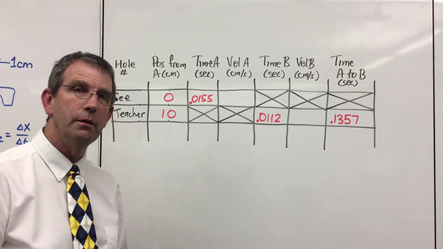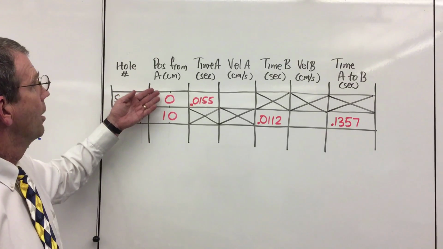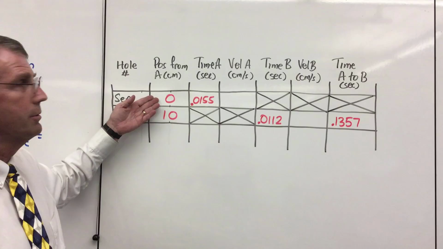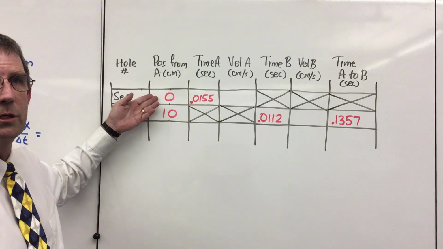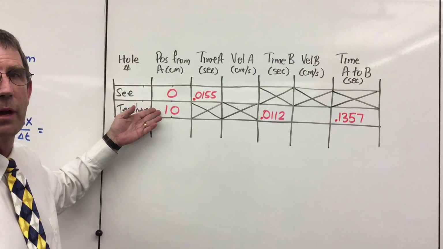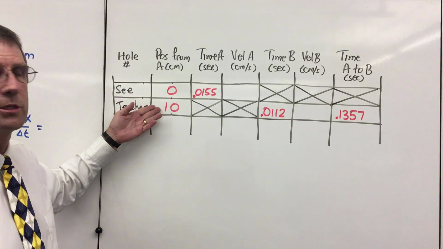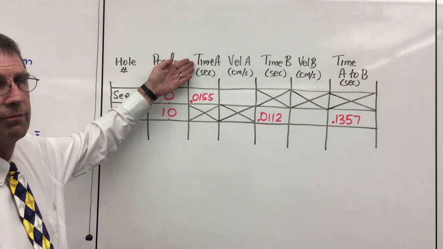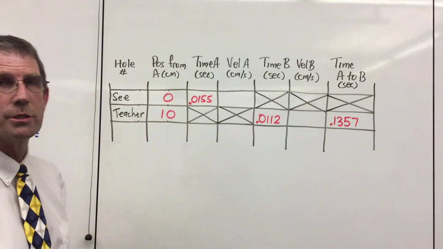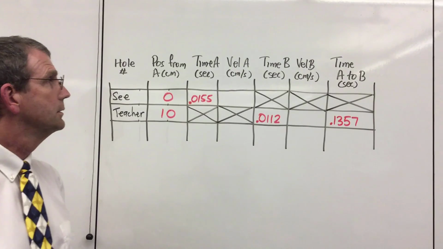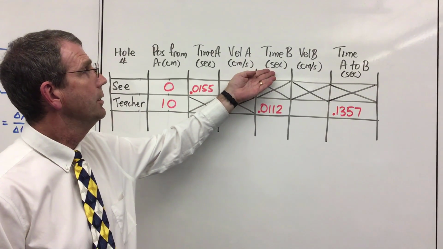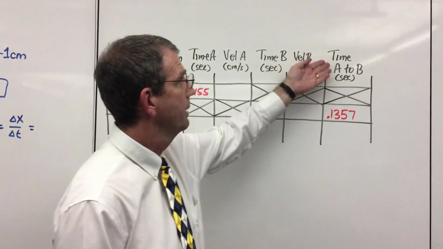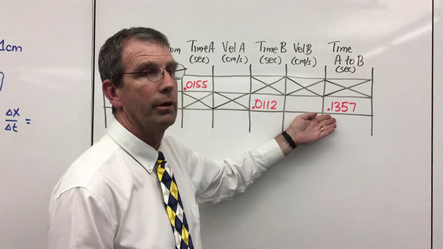First, let's take a look at the table. Our position for photo gate A is at the start. It's at a position of 0. Photo gate B is located 10 centimeters along the track from photo gate A, so the position is 10 centimeters. Let's transfer our times. The time through photo gate 1 was 0.0155 seconds. The time through photo gate 2 was 0.0122 seconds. The time from photo gate A to photo gate B was